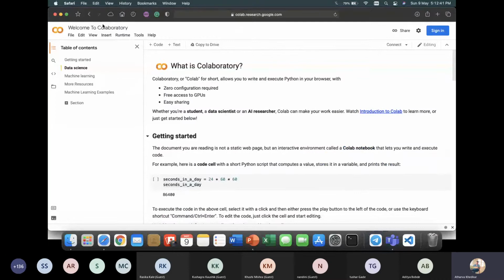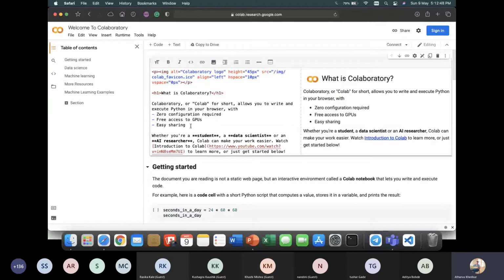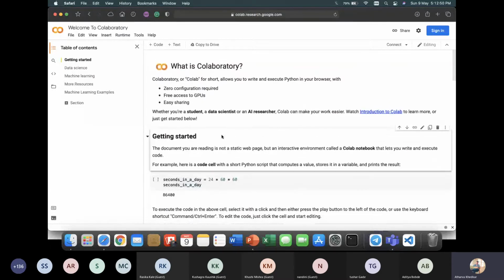And this Google Colab has free access to GPU, it's easy to share, and everything. The best part is it's online, so you don't have to worry about offline installations or anything. And it's free, of course. So I think this would be best for you guys. And there are pre-installed packages which you'll be needing, like NumPy, Pandas, and everything is just pre-installed in this Colab.